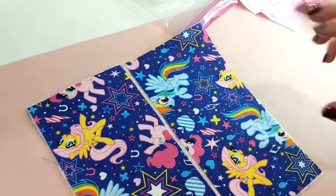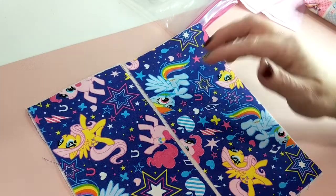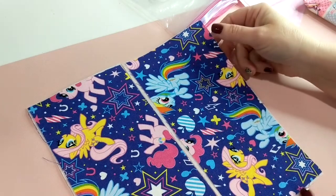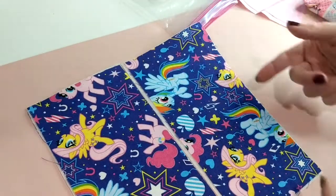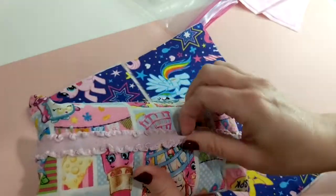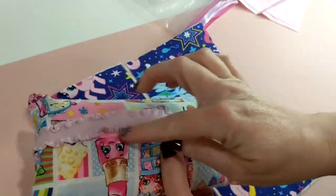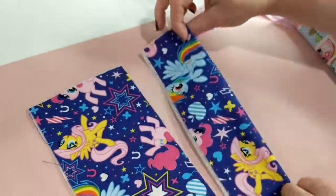And if you're really picky, you can make your designs line up. I'm not going to worry about that. What I do want to pay attention to is what design is going to be on the top and what design is going to be on the bottom. So here's the top of the bag. Here's the bottom of the bag, and there's a seam at both places. One is at the zipper. So if you think you're only going to see half of this,